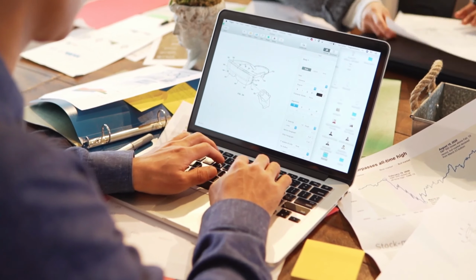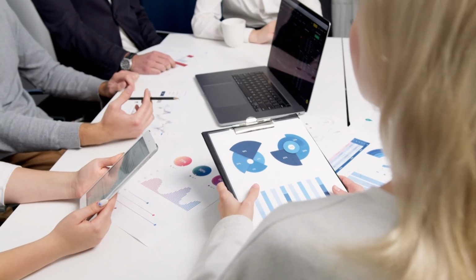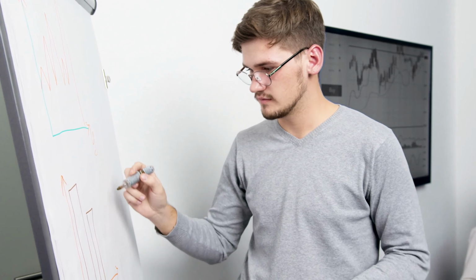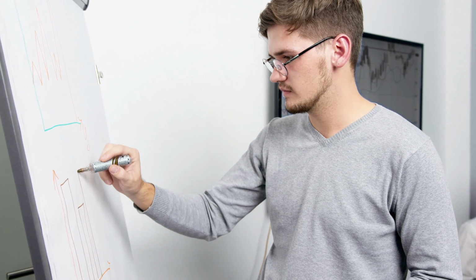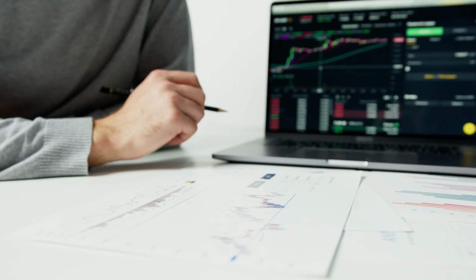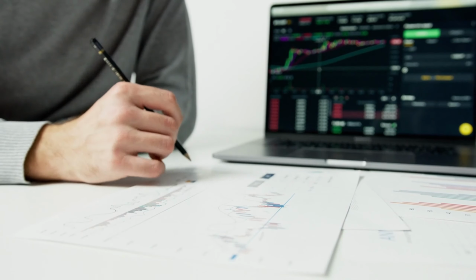Diversifying your investment portfolio is like having a financial safety net. It's about spreading your money across different investments to reduce risk. How can you strike the right balance to ensure stability without overcomplicating your investments? Today, we're delving into a crucial topic: diversifying your investment portfolio for stability.